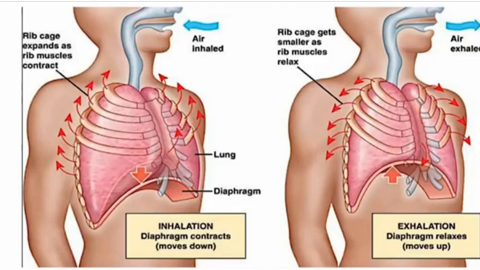It means this blue color arrow shows the original position of the diaphragm. This is the original position, dome shape. Now this down arrow in the first diagram shows that the diaphragm has already flattened. It means it has created a space right now. So it is not only due to the diaphragm but also the ribs. You can see the red colored structure. The rib cage expands as the rib muscles contract.